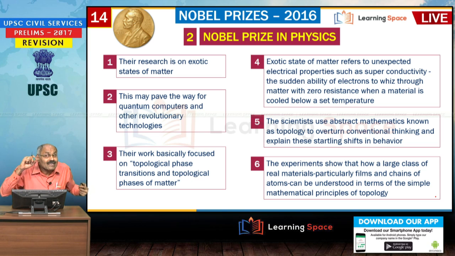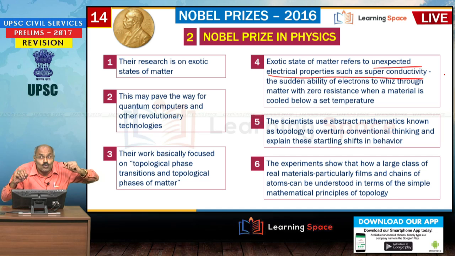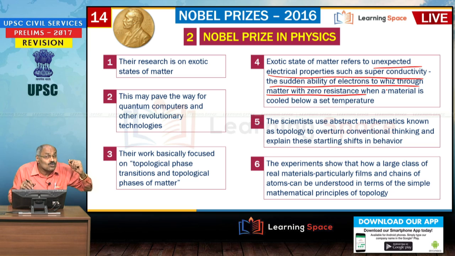Here, please listen carefully, when the material is cooled below a certain set temperature, unexpected electrical properties such as superconductivity appear, the sudden ability of the material's electrons to whiz through matter with zero resistance. So, this is with regard to exotic states of matter, and this may pave the way for quantum computers